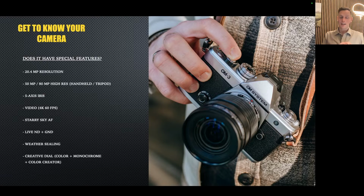And one of the features that I really love to play around with, and that I have been loving since it came in the EM1 Mark III, I think, is the starry sky autofocus. Before that, I was struggling sometimes with being able to focus properly on the stars and get sharp starry night sky photos. But after the starry sky autofocus came into the cameras,